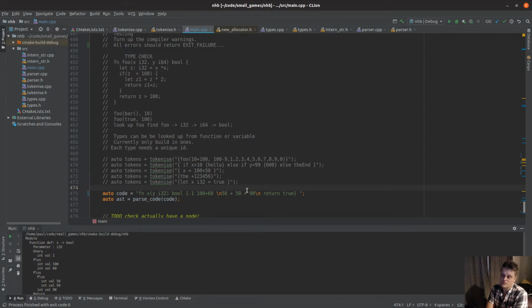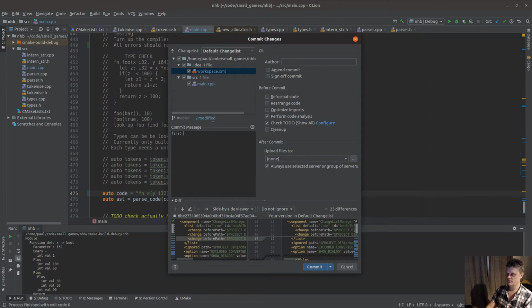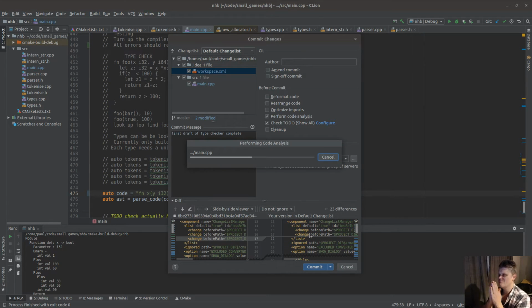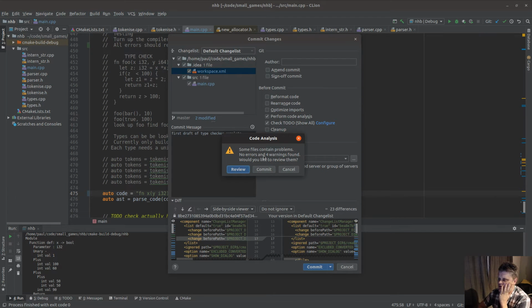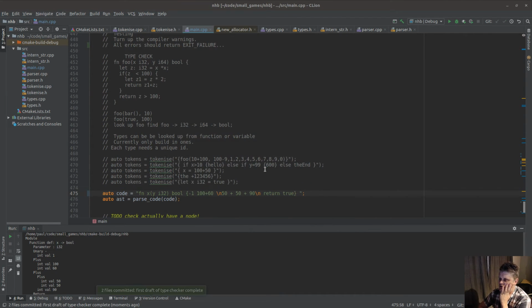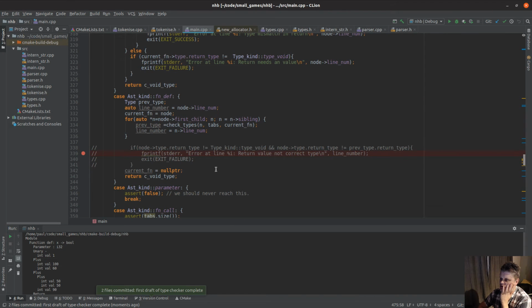So that completes our type checker. Air quotes, because we have not tested it and there's going to be loads of bugs. But complete. And you know what we do when we've got that? I'm thinking that I will